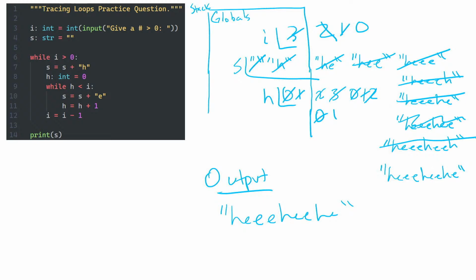So for those of you who are online and didn't hear that, and just for the recording purposes, the question is, could you access H? Like, could we print H down here? And what I'm going to tell you is, if you wanted to do that, you'd be best off declaring H up here and just reinitializing it to 0 in the loop. And that would be best practice.